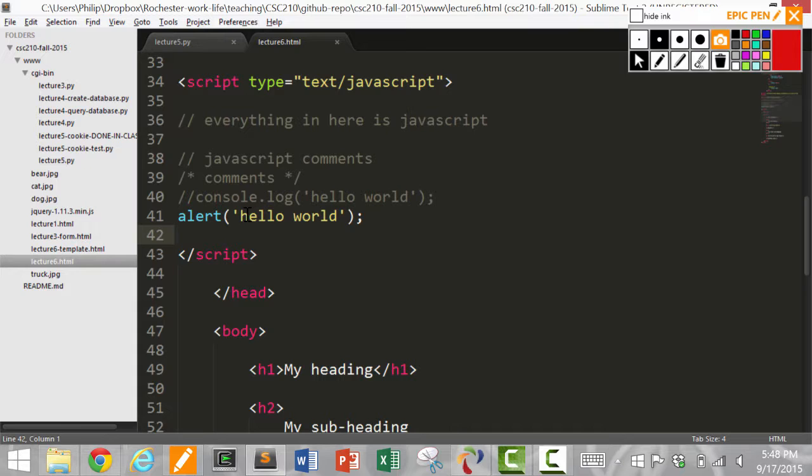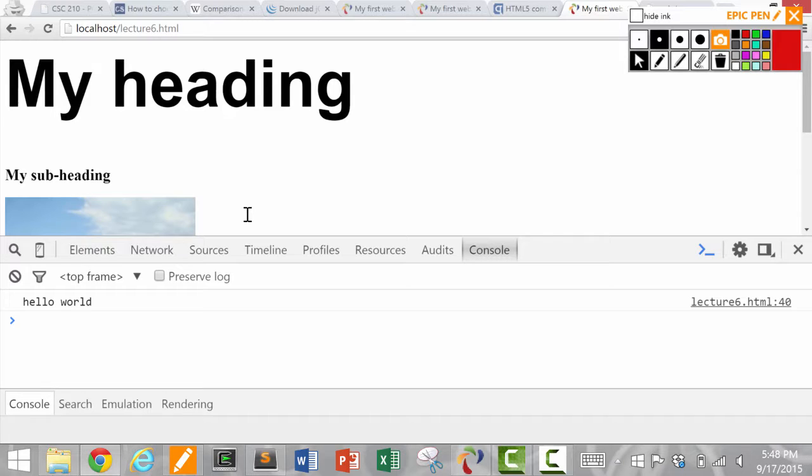So alert pauses the loading. It will pause the loading, yeah. So that's why alert's really annoying. That's why you have to say, ah. So